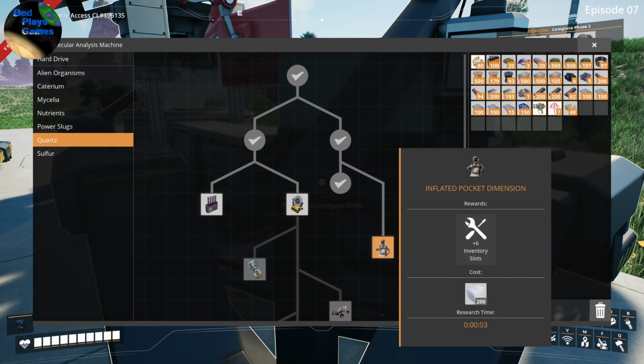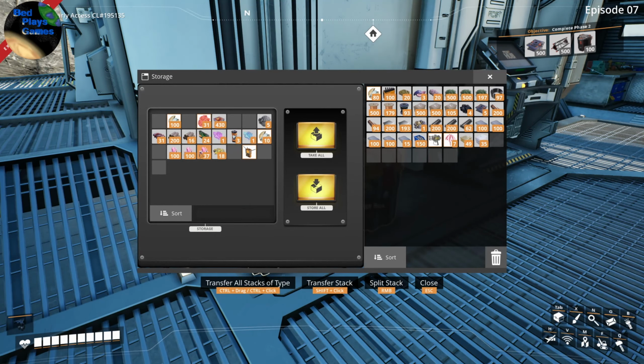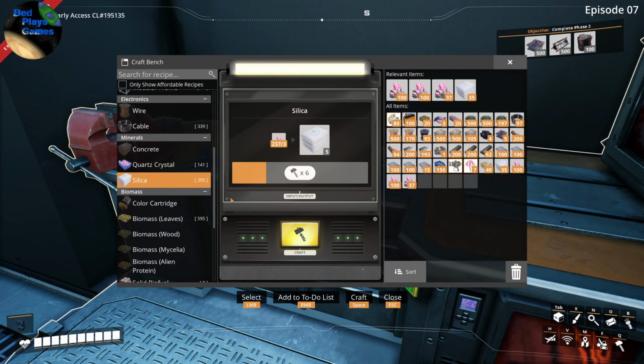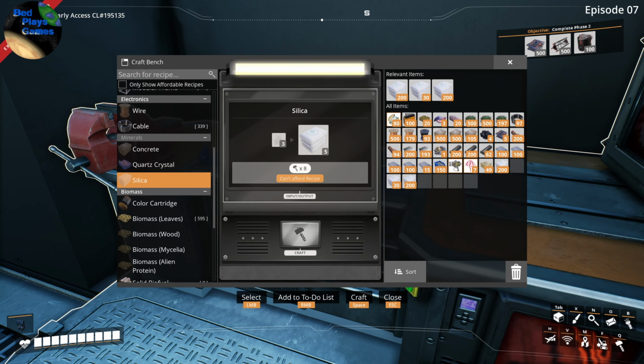Oh, I like that. Silica. Oh, we don't... Ooh, look at these. I was going to say we don't have enough silica, but we do. We have plenty. Okay, got all the silica